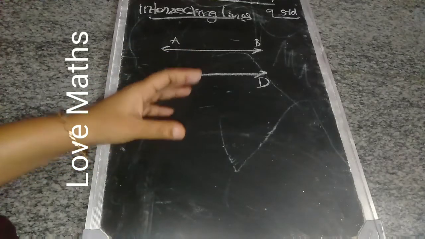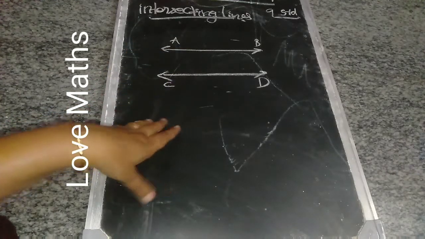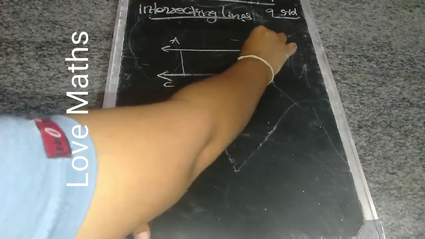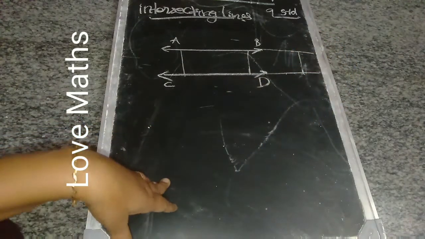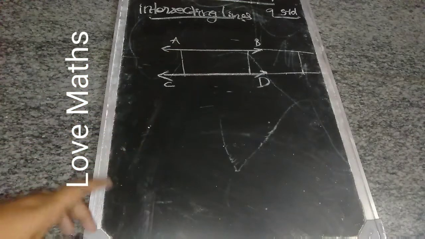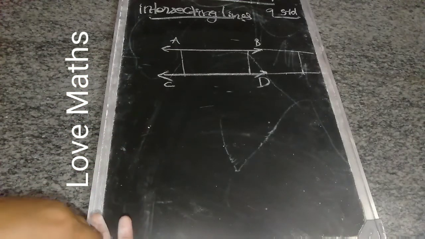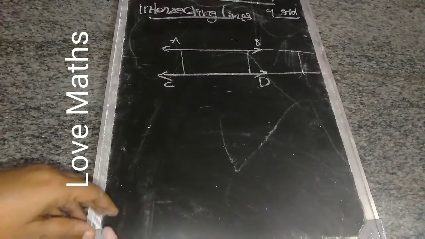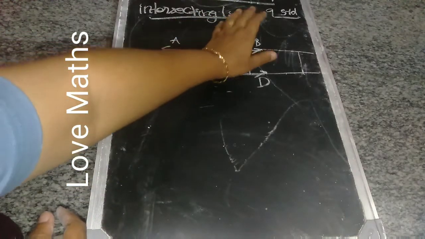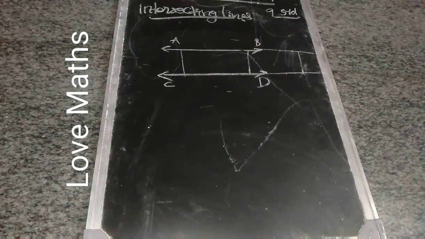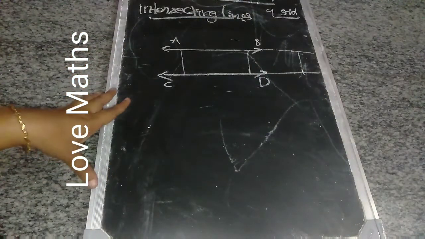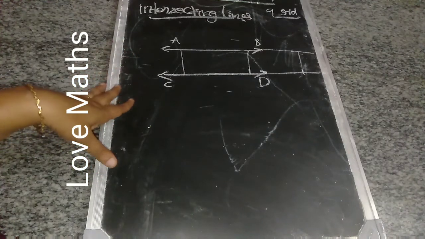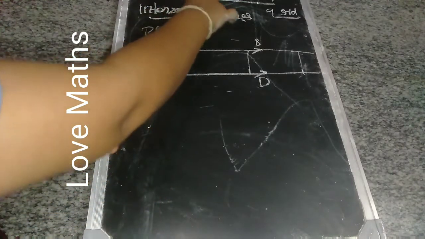In these lines it always maintains an equal distance. If here it is 3 centimeters, then here too it is 3 centimeters. However much it is extended, there also it is 3 centimeters. So it maintains an equal distance. That distance is called the distance between two parallel lines. This length is called the distance between two parallel lines. For AB and CD, if you measure the distance once here, everywhere it is equal. If they intersect, they are non-parallel lines. This is parallel lines.